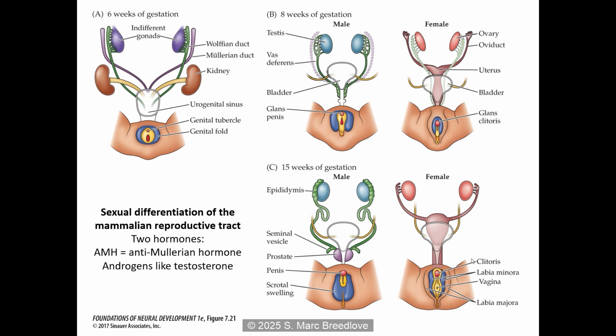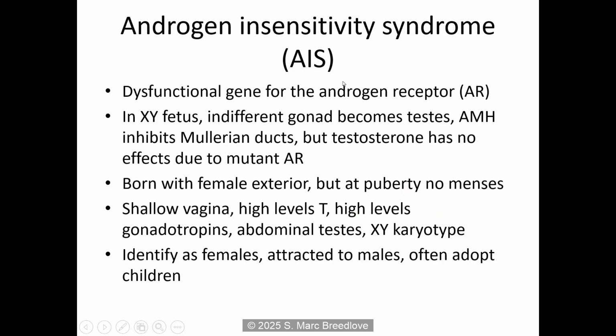And we'd gotten as far as pointing out that evidence that the exterior of the body in humans is totally controlled by the androgens like testosterone came from individuals with androgen insensitivity syndrome, where it's an XY individual. It turns out androgen insensitivity syndrome can only happen in XY individuals because, by coincidence, the gene for the androgen receptor is on the X chromosome. Okay? And that means that any individual with two X chromosomes will have at least one functioning androgen receptor.